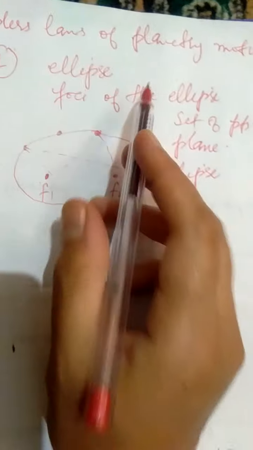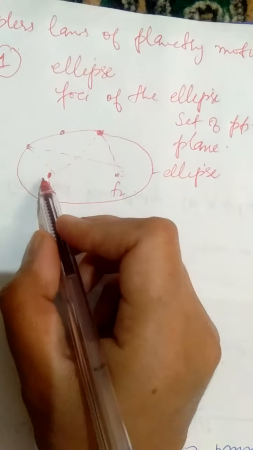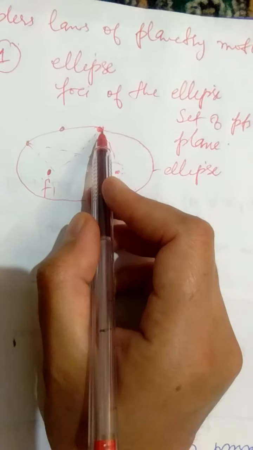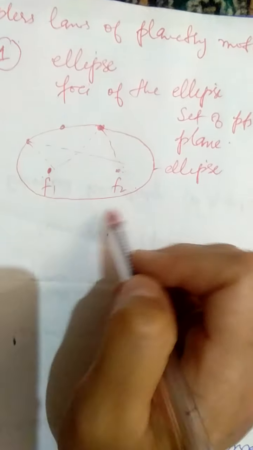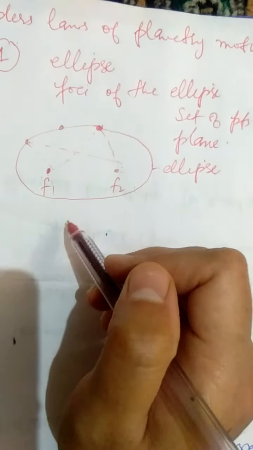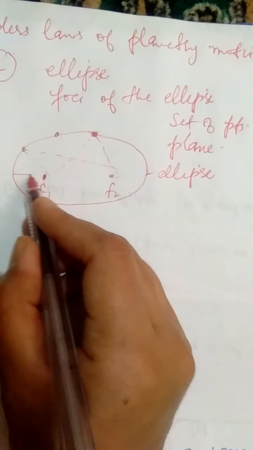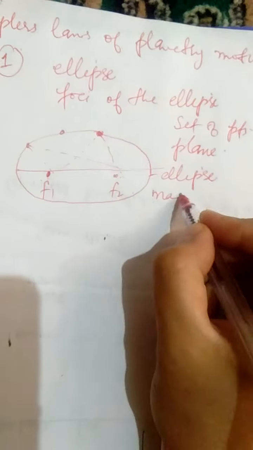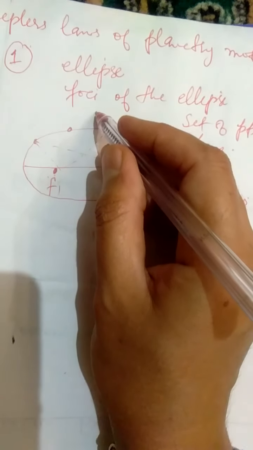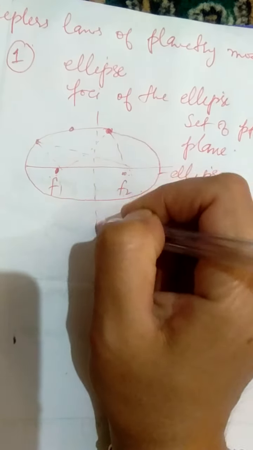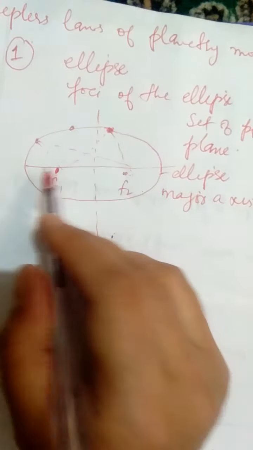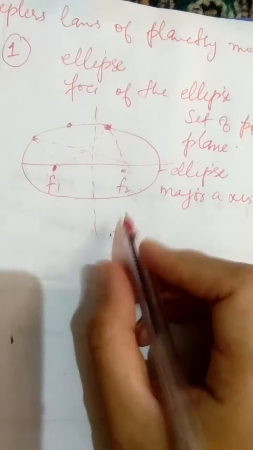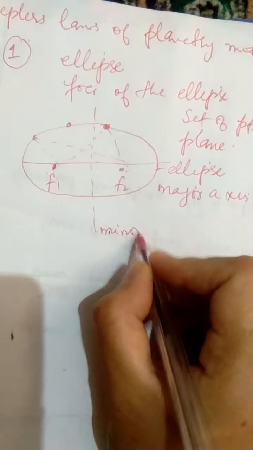So if we imagine that the sun is placed at one of the foci of the ellipse, then the planets draw an ellipse while they revolve around the sun. So this is the first law, right? Now the axis that joins these two focal points is called the major axis of the ellipse, and the axis that is perpendicular to this major axis and divides it into two parts is called the minor axis.